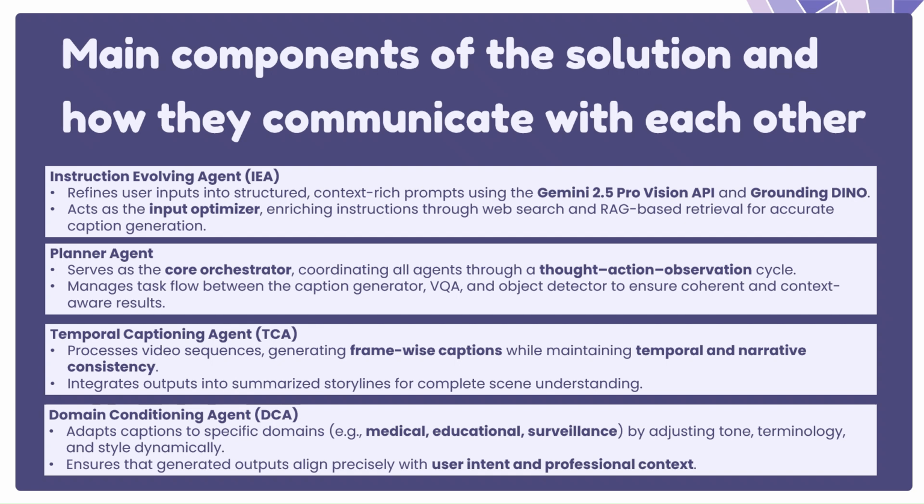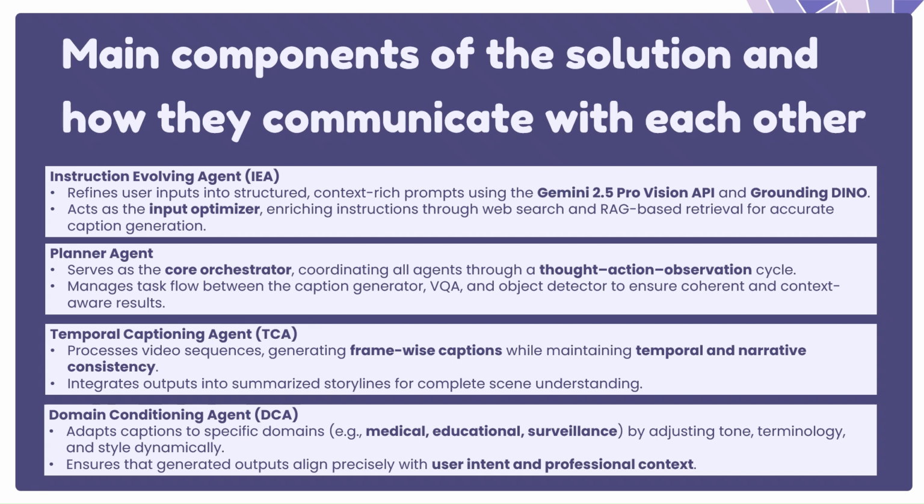So first, we have four main components working together to caption images and videos efficiently. First we have the instruction evolving agent that takes input and turns it into detailed professional prompts using tools like Google Lens and RAG for extra context. Next we have the planner agent which acts as the central coordinator deciding which tools to use and ensuring captions